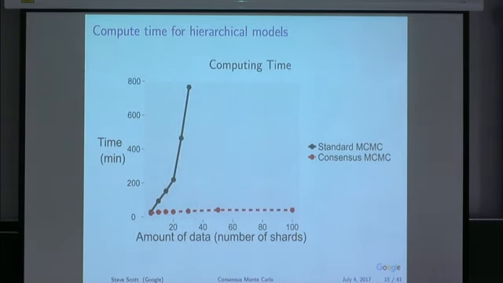So we can fit this model using consensus Monte Carlo, and you can see the advantage, right? When you throw more and more machines at the problem, you can scale things up as big as you want. It takes about 20 minutes to fit this model, regardless of the number of shards that we throw at it. And if we try to run it on a single machine, then at some point you run out of memory and you start paging. On a single machine you end up with very bad scaling behavior, whereas with parallelism you get what you would hope for.